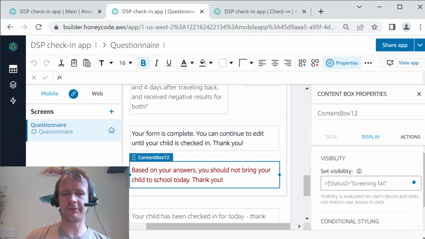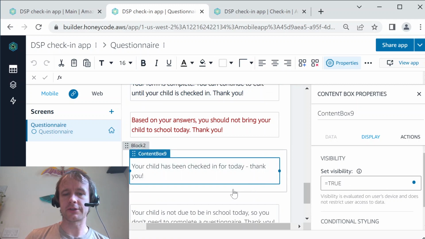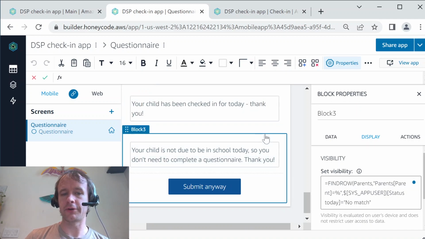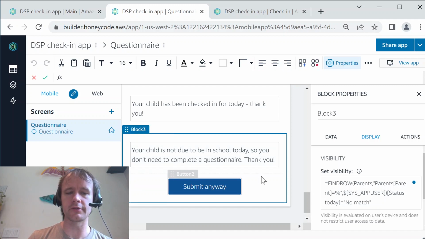So if your screening failed, this box pops up saying, based on your answers, you should bring your child to school today. If your form is complete and not a fail, then you get this saying, hey, you're all done. Thank you. If your child is checked in, which I'll show you on the teacher's app in a minute, then all the questions go away, and you get this message saying you're all checked in. And if there's no row for your child for that day, you get this message saying you're not due to be in school today, because we have a Monday, Wednesday, Friday group and a Tuesday, Thursday group, so not everyone's in every day. So the idea is if you open this app on a day your kid's not in school, you get that. And if that's a mistake, or I haven't updated the data in the back end, then you hit the submit anyway button,